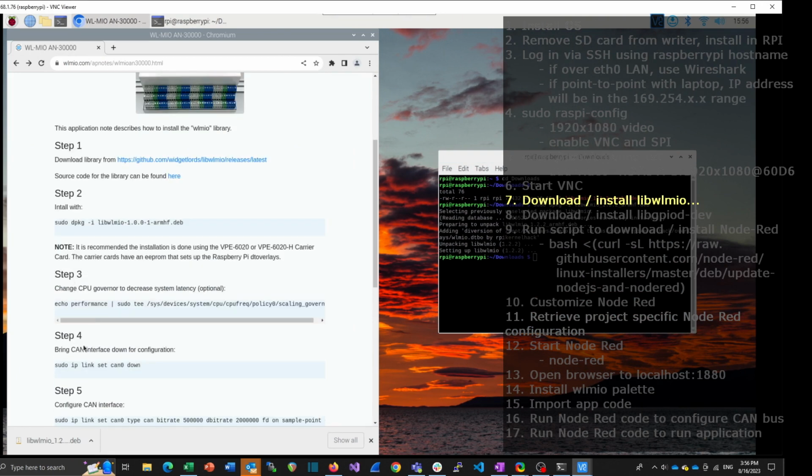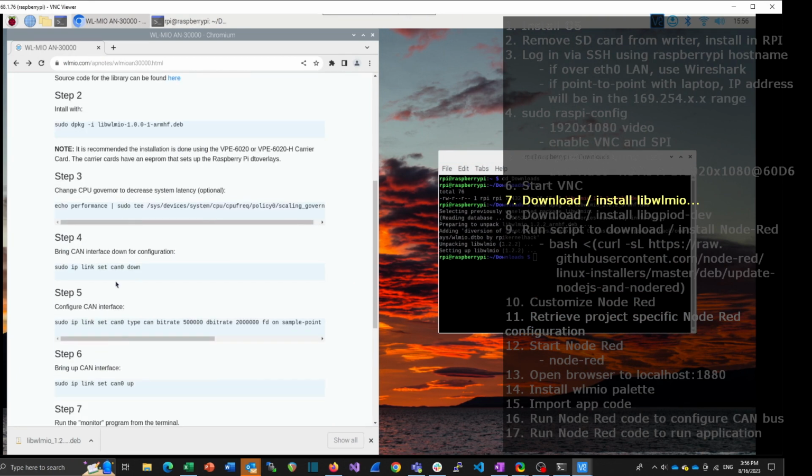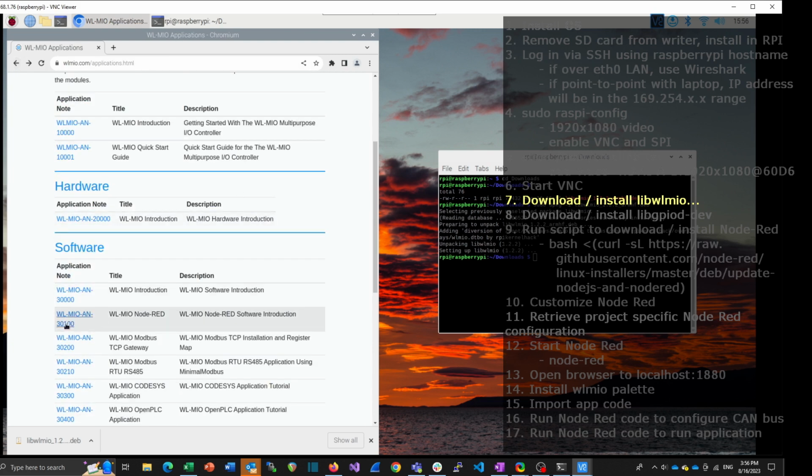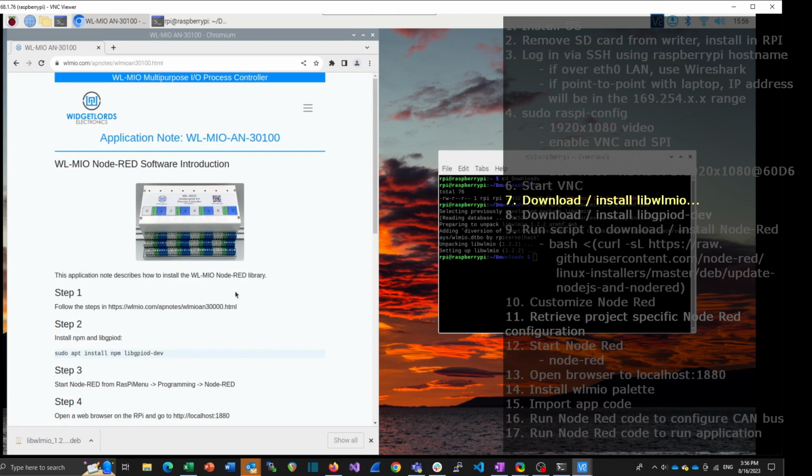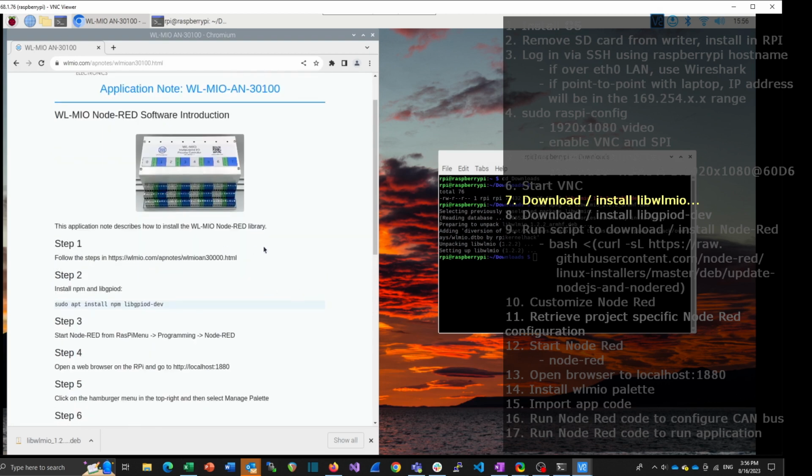So next thing we're going to do is go back to these other statements about the CAN bus, which you can certainly do at this point. But what I've done in the Node-RED program that I wrote was I added these statements into the program so that when the Node-RED program starts up, it automatically runs these statements, which essentially enables, or re-enables if it's already been enabled once, the CAN bus. So we go to the Node-RED statement application note, and you see that we're going to load in another file,